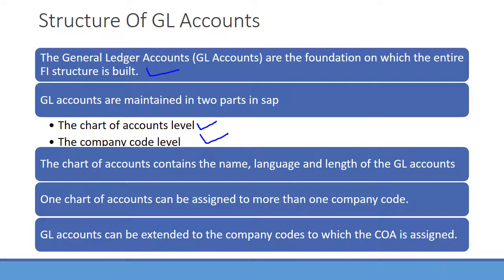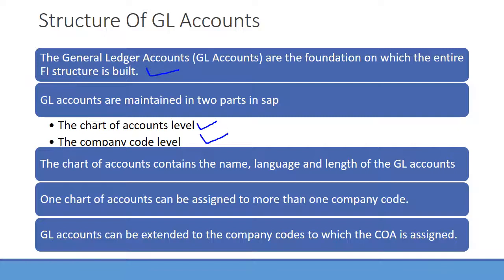It simply means there is a big list of GL accounts which are assigned to the company, and the company code to which it is assigned will use this list to the extent it requires. The chart of accounts contains nothing but the name, language and length of the GL accounts. And one chart of accounts can be assigned to more than one company code.